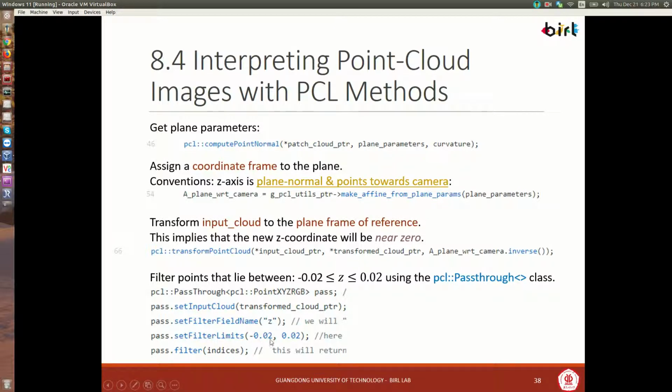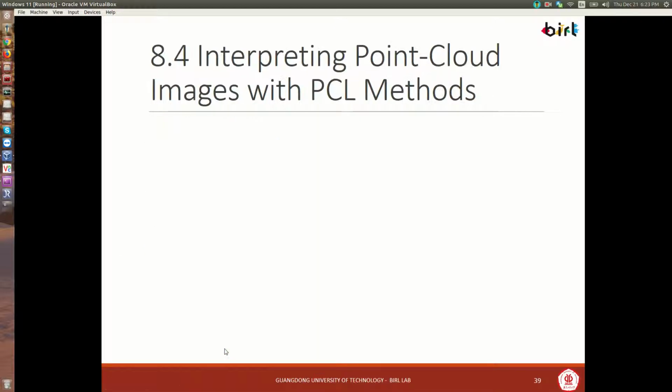We know that most of those z-values are close to 0, so we set those limits from negative 0.02 or 2 centimeters in the negative direction and 2 centimeters in the positive direction. We can finally output the filter to the indices variable. Okay, and so then we would just get a very clean